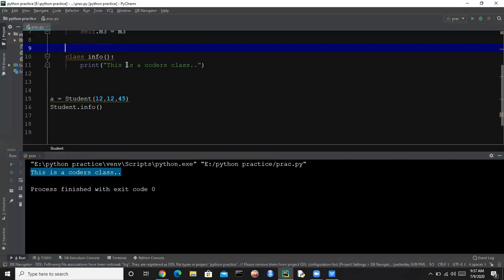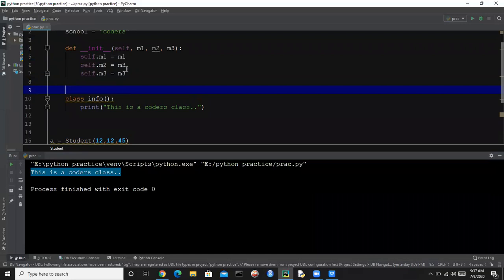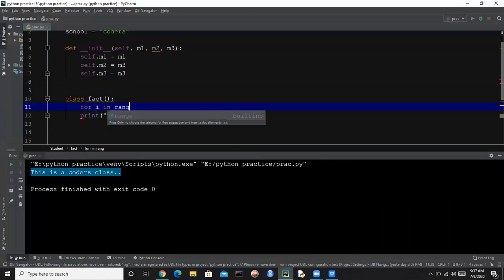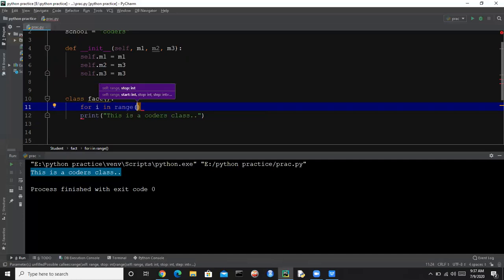And you can just create another static method. Let's say you want to find the factorial. It does not matter whatever the instance is, whatever the class variable we have, we just want to find the factorial. So how can we find it? Just write the code for finding factorial: for i in range, starting from the number, so we need to pass a number here for finding factorial, starting from number, 1, and let's say -1.